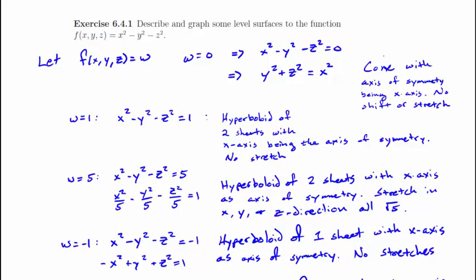If w equals 1, we get x squared minus y squared minus z squared equals 1. This is the equation of a hyperboloid of two sheets with the x-axis being the axis of symmetry, no stretches in any direction. And keep in mind here, you might go back and look in Chapter 9, there is a nice sheet page that shows the 6 different basic surfaces that we look at: cones, hyperboloids, parabolic hyperbolas, ellipsoids,